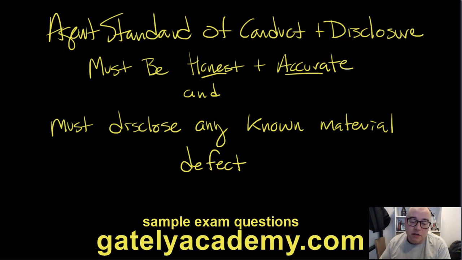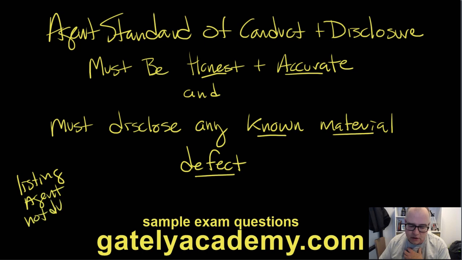And you must disclose any known material defect. So there is a little bit of wiggle room there, because, especially as a listing agent, you have no duty to investigate. So it's not your job as the listing agent to crawl up into the attic and look for mold, or to try to track down where the raccoon nest is in the attic or anything like that. You don't have to do that. As a listing agent, you don't have to go looking for problems.